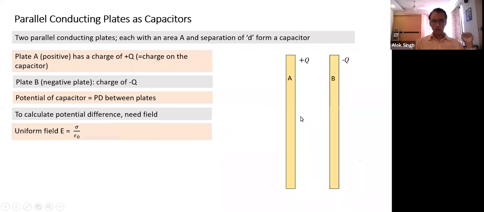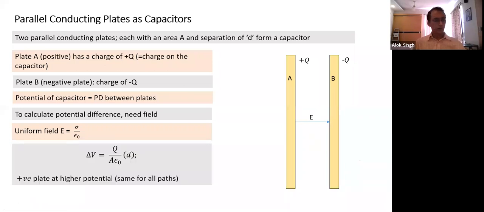We know all those terms. So the field is uniform, sigma by epsilon naught, sigma being Q by A, and this is how the field lines would be. I will choose a path along this line so that the angle becomes 0. We have done that one. In this case, since the field is uniform, no integration is required. Straight away, we can calculate the potential difference as field into distance between the two points, which is D. So delta V, the potential difference between the two, is field into D. The field is sigma by epsilon naught, and sigma is Q by A, so delta V equals Q D by A epsilon naught.